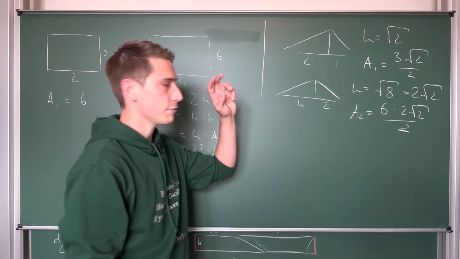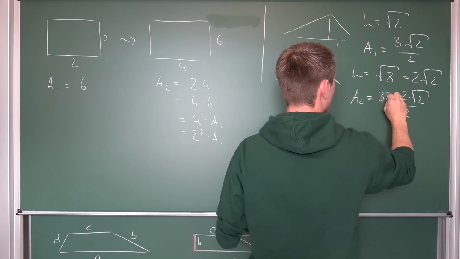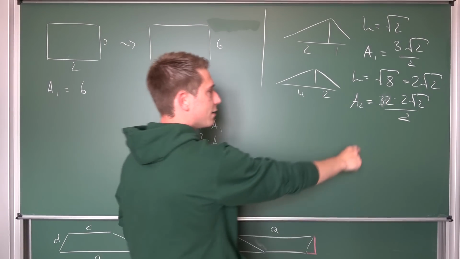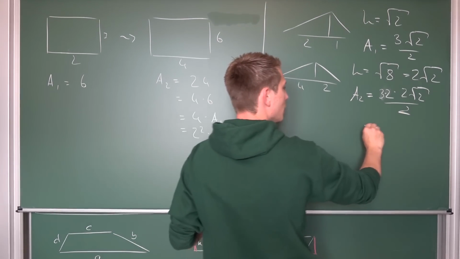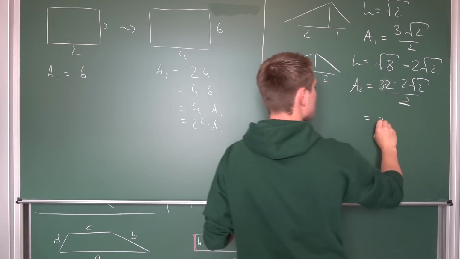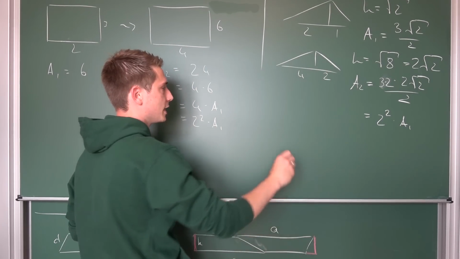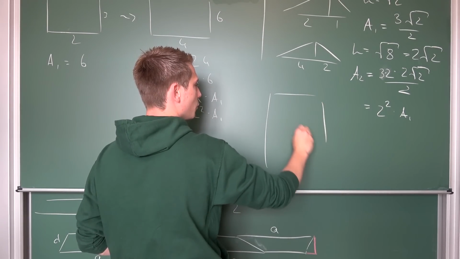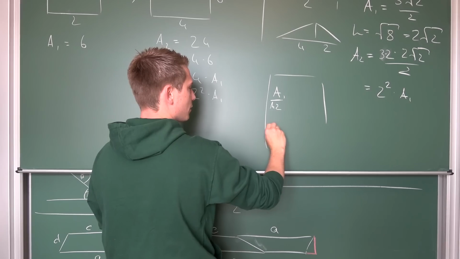Now 6 is nothing but 3 times 2, and this means we have our area 1 preserved, 3 times the square root of 2 over 2, and 2 times 2 is 2 squared, so 2 squared times area 1. Meaning if we were to take the ratio of those, a1 over a2 is going to give us